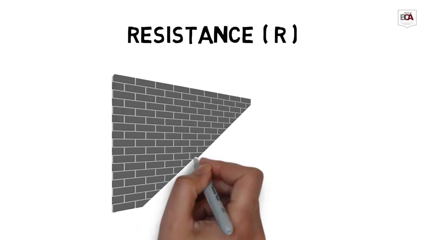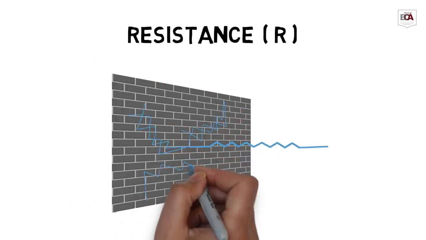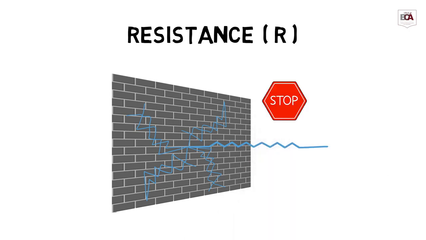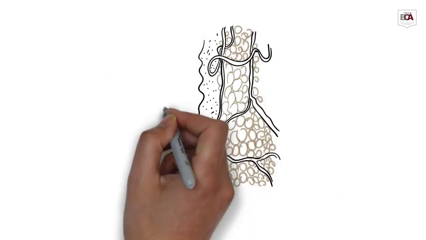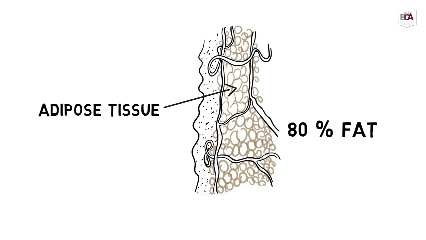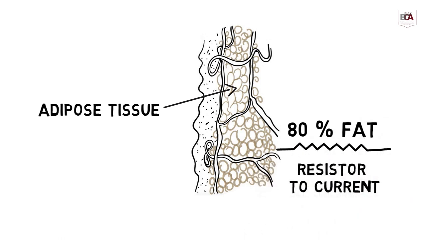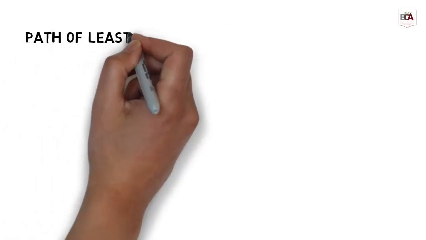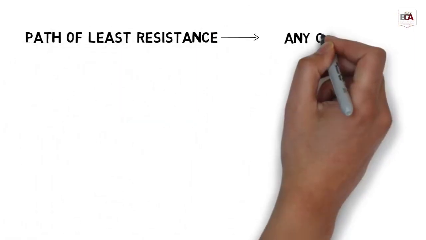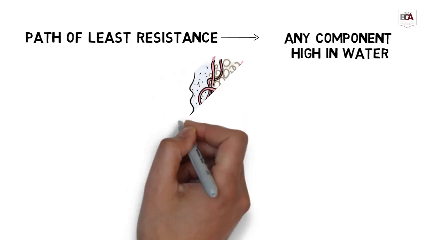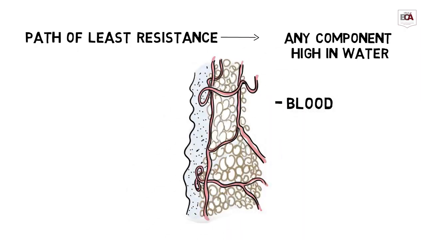Resistance is the measure of the amount of the electrical current a substance will stop. For example, adipose tissue is about 80% fat. Fat is an excellent resistor to current. The path of least resistance would be any body component high in water content, including blood, fluid outside the cells,